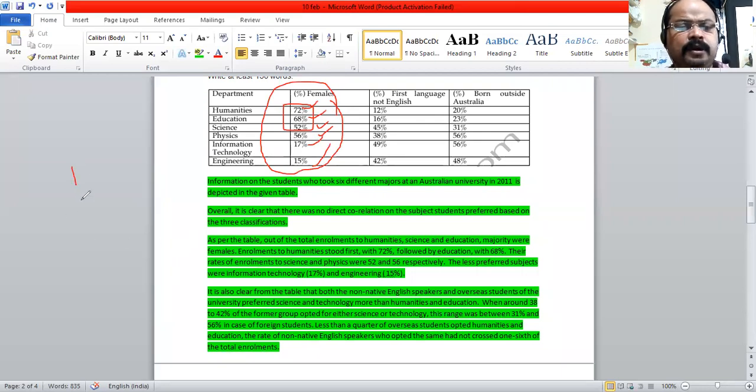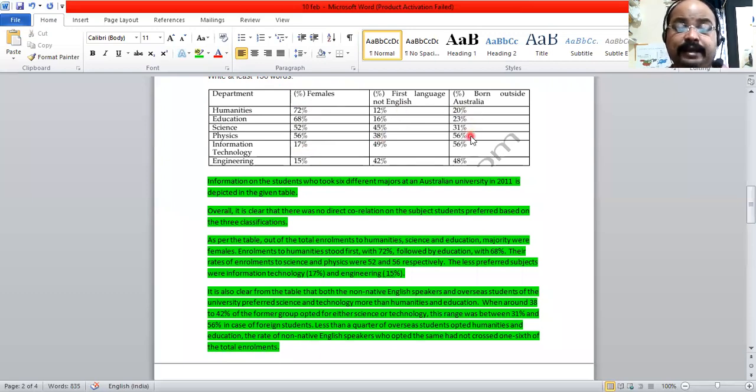So the grouping: number one is the most preferred, the second is the second preferred, 3 and 4 are science. The least preferred are information technology and engineering. We have grouped it in an easy way. We could not compare this thing to this thing because of some difficulties. So what we have done is that we have covered this data separately, and right now we do have the